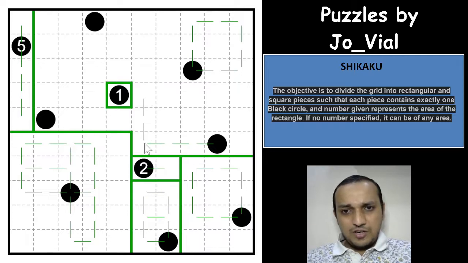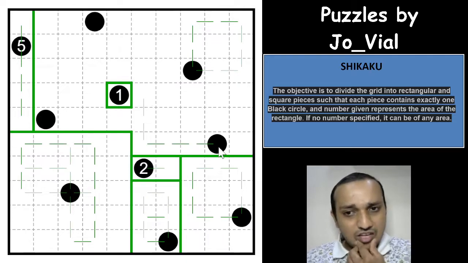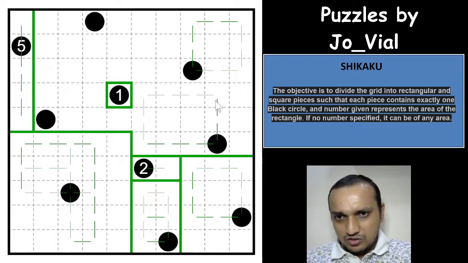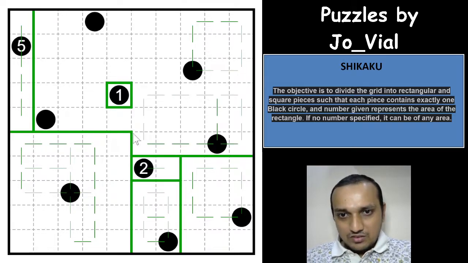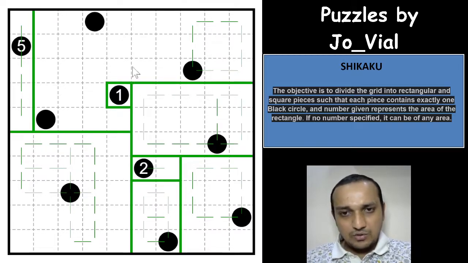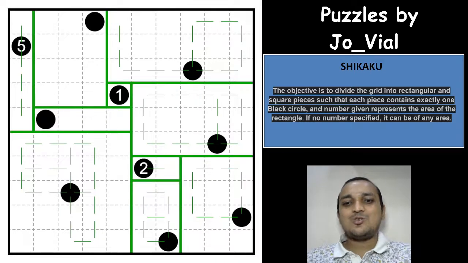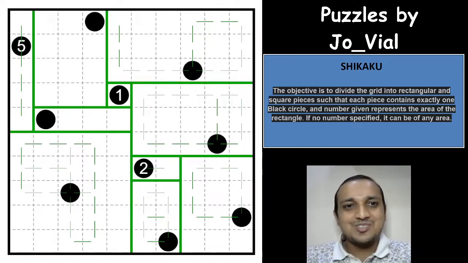Now the moment we got that this cell is taken by this circle, this cell will have to be used by this circle only, right? So this is also done now. It's a really excellent puzzle, guys, I would say. Now the moment we get one circle, all the 4 circles are done, and with that we complete this gorgeous puzzle. What an awesome puzzle this was, guys.